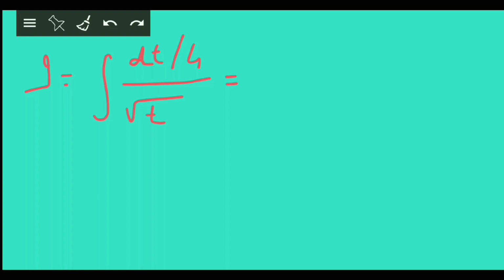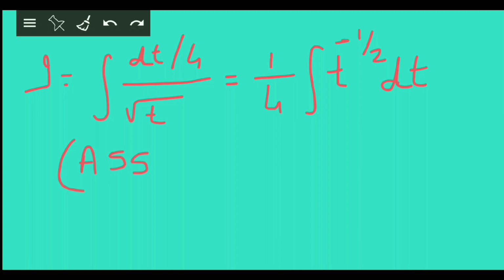Okay, which we can write this way, that is 1 upon 4 we can bring out, integral of. Now root of t in the denominator, you remember that root means raised to half. From the denominator we can bring t to the numerator and write over here t raised to minus half. Okay, and then it can be easily done by using the formula for x raised to n. So this you can complete as an assignment. You can refer to the first sum and complete this sum as an assignment.